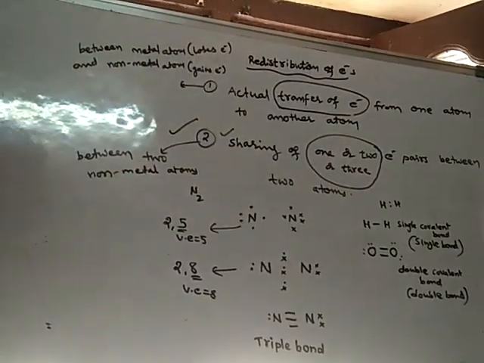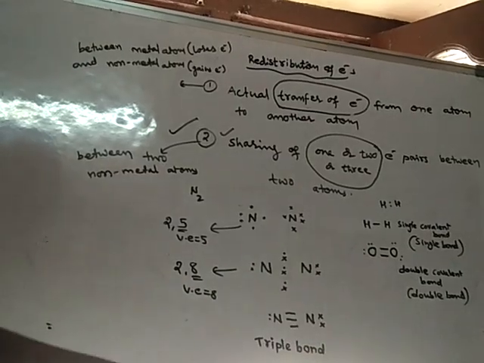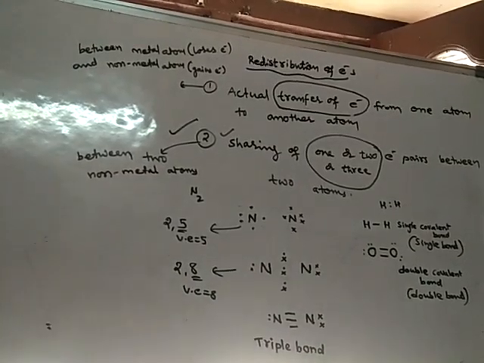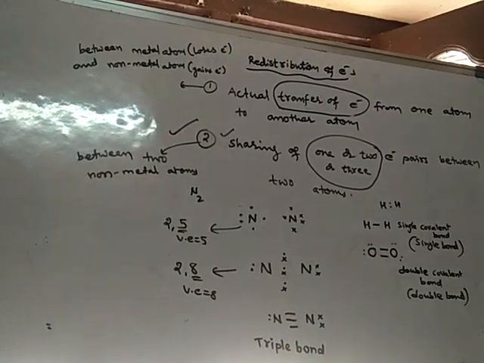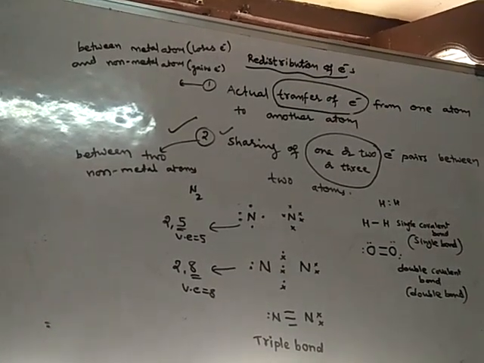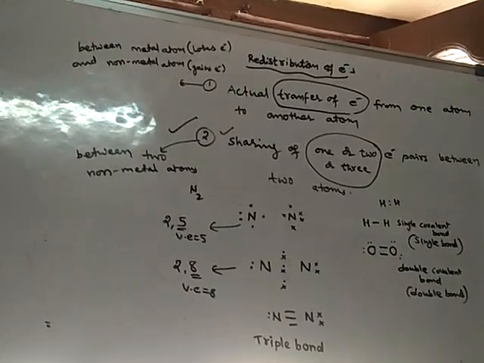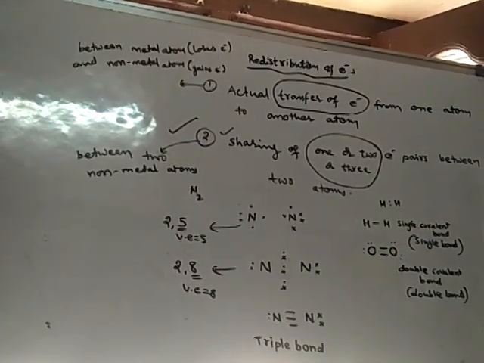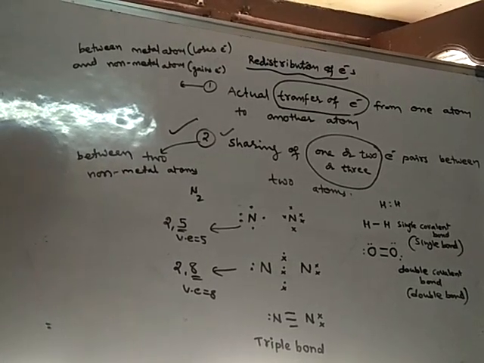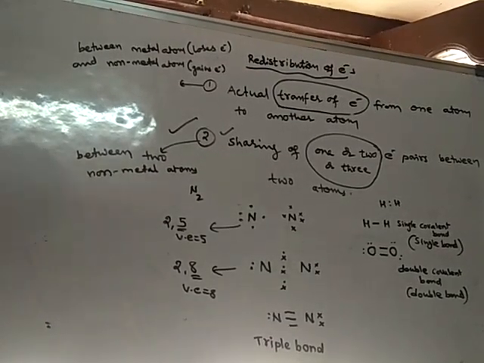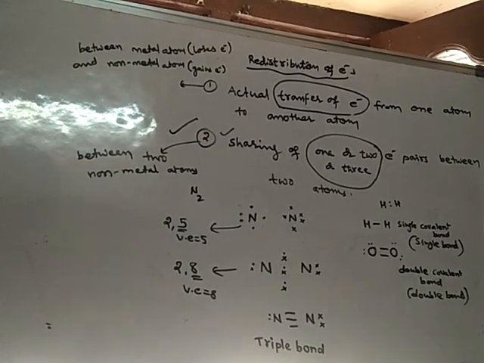So like this you will find that due to sharing of electrons, electron rearrangement or redistribution takes place, and finally those atoms get a stable electronic configuration. Okay, so in this way redistribution of electrons can be discussed. Right, now tomorrow we will learn another concept known as factors responsible for the formation of ionic bond or covalent bond.